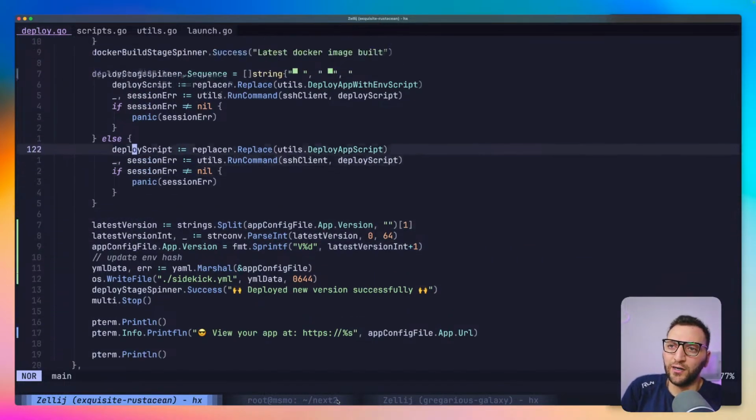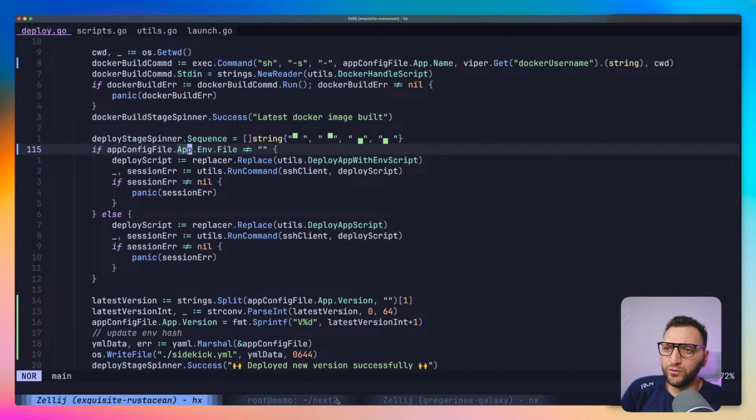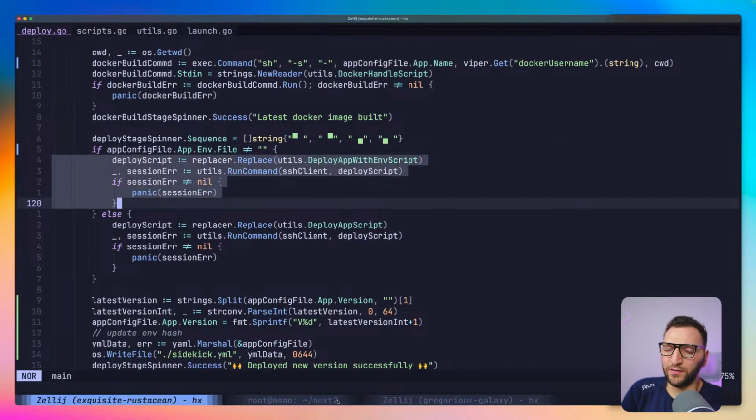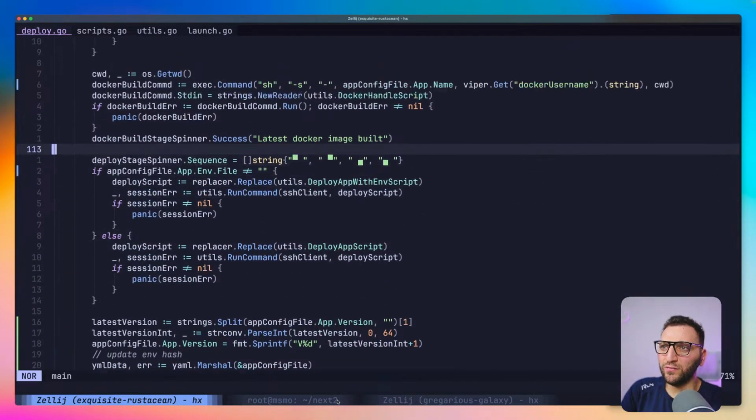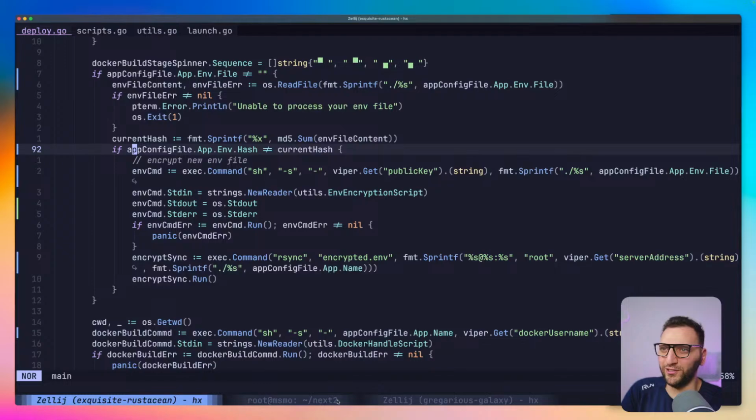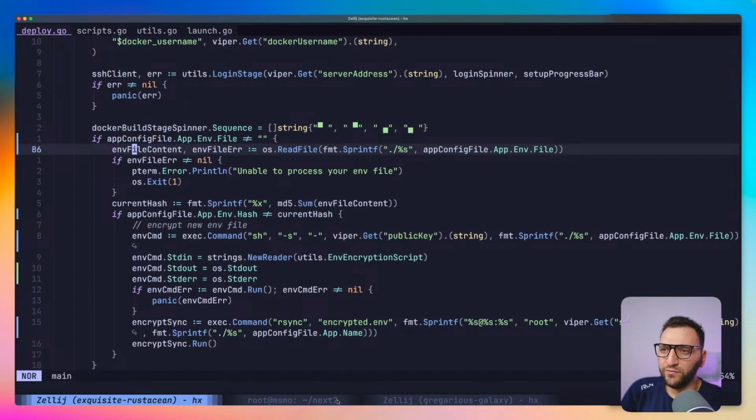Wait, hold on, I don't get it. If you so on deploy, you're actually not checking at all, right? So if it's not 0, you are always doing it. Amazing. Wait, hold on, what? Dude, I'm so confused. What is this? Who wrote this code? If the environment is not 0, open up the file, calculate the hash. No, that's right. If the hash is not the same,